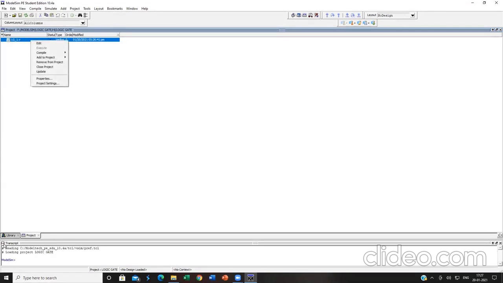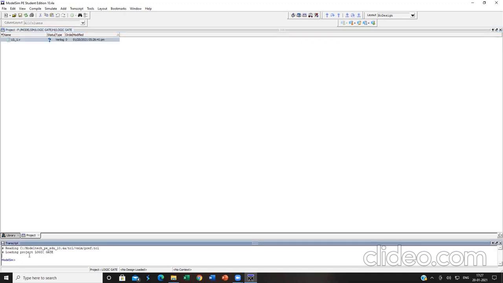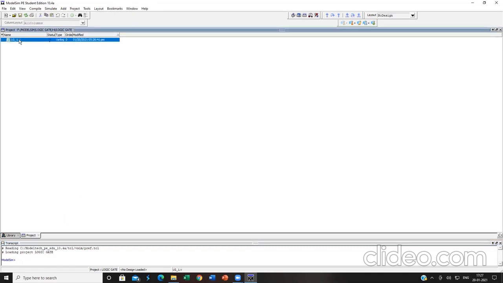This transcript window will indicate the set of errors, or whether your program is correct. If your program is correct, it will come in green. If there is any warning or error to be corrected, it will come in red. If there is some mismatch between the test bench file and the main Verilog file, it will come in blue. Okay.